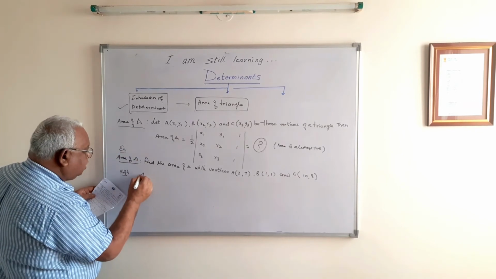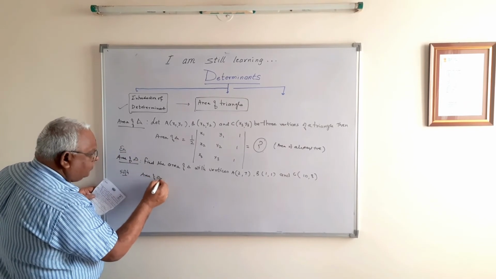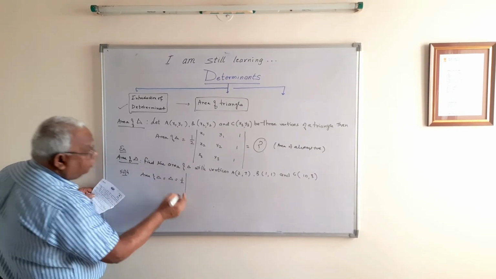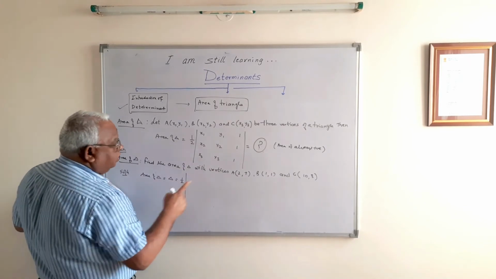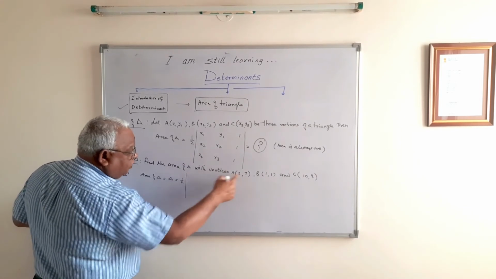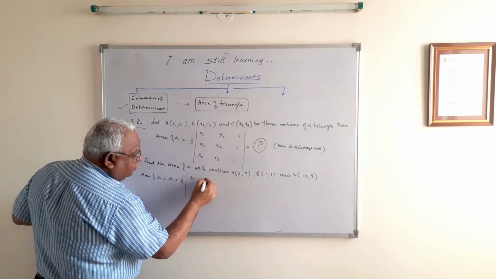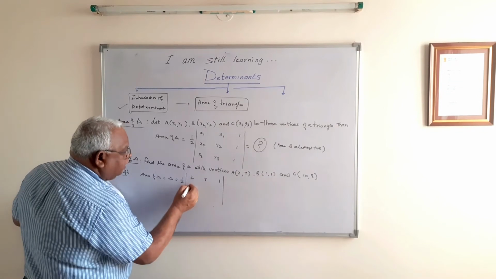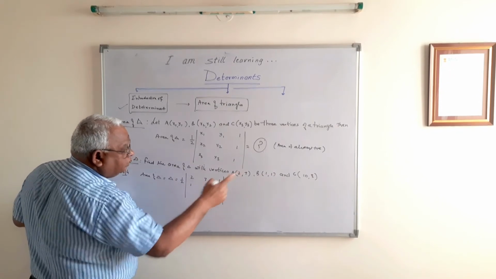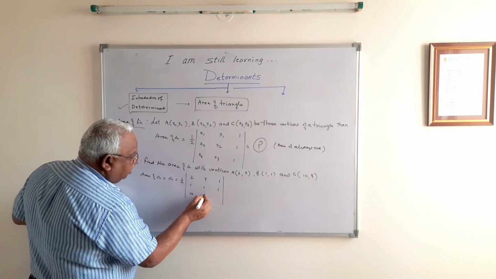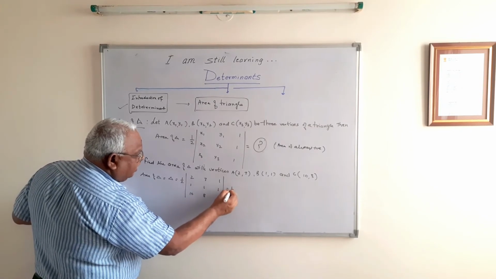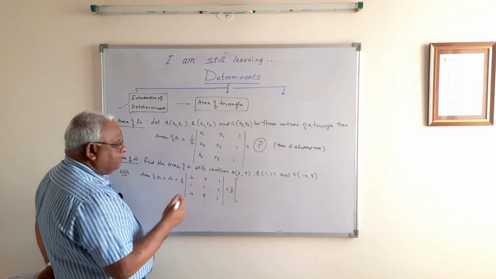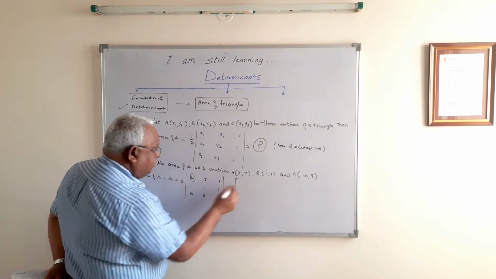The area of triangle is also denoted by this symbol only. It is half, and then according to this definition, you take the first coordinate as the first row, with 1, the second coordinate as 1 1 1, and the third coordinate as 10 8 1, and then you expand it. Half is out, and now you expand it. You can expand it from the first row. So now I'm expanding it quickly.